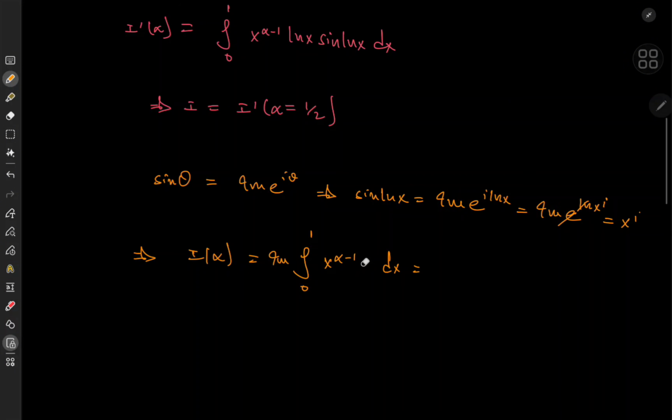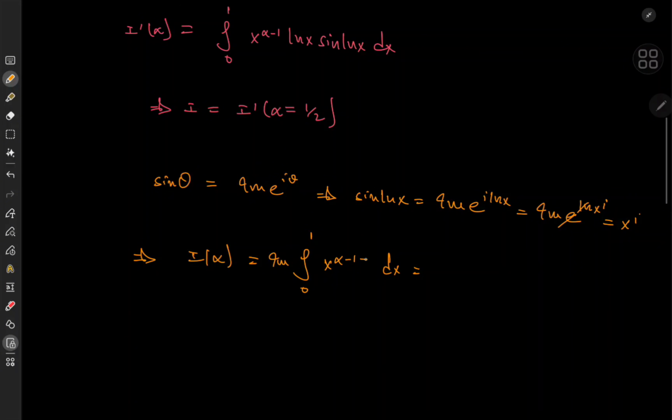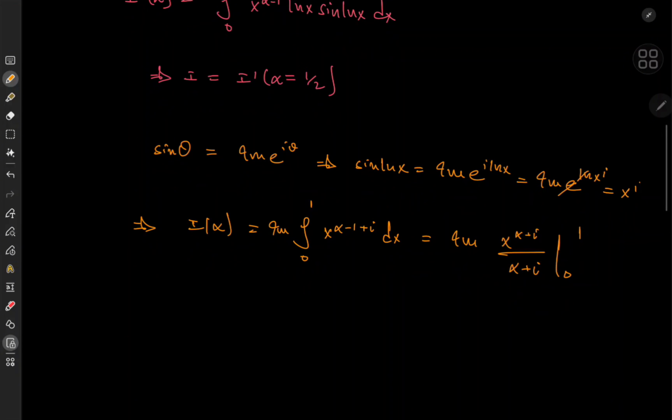In other words, I can just write this thing as x to the alpha minus 1 plus I, which is a pretty standard integral to evaluate. This yields the imaginary part of the integral, no wait, on integration. We invoke the power rule and write this as x to the alpha plus I over alpha plus I, with the limits being 0 and 1. So as x tends to 0, we will get a 0, and 1 to the alpha plus I is going to be a 1. So we need the imaginary part of 1 over alpha plus I,